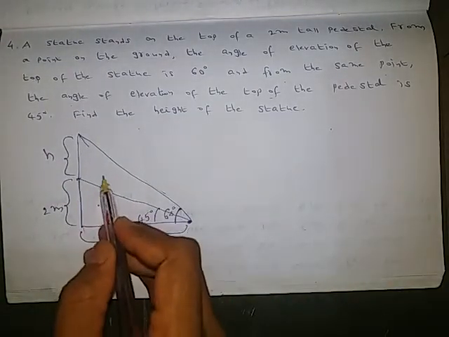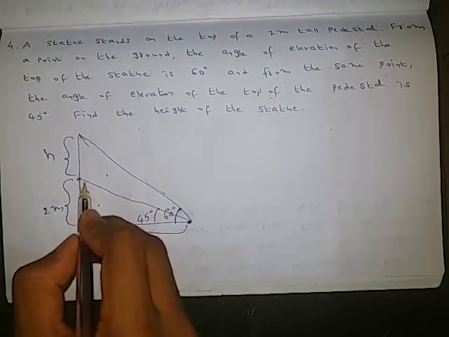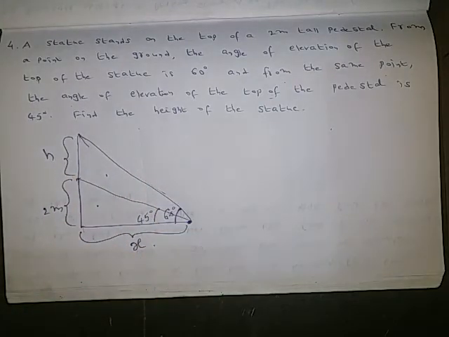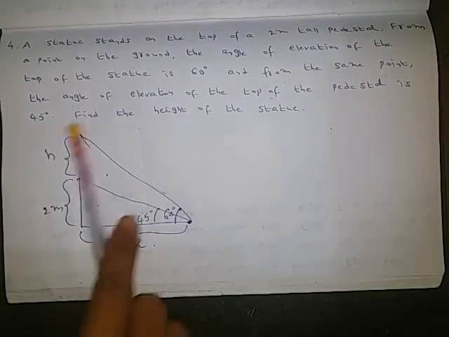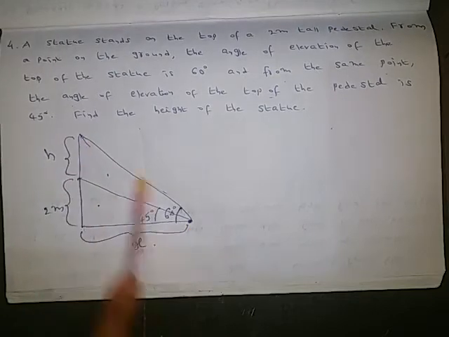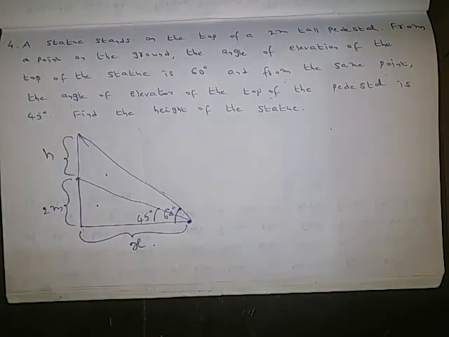Of course here we also have one more triangle, but this is more than 90 degrees, so we won't bother about that more than 90 degrees triangle at all. So out of the total triangles, one is the smaller one and one is the bigger one. First we always need to take the smaller one only. So I am taking the smaller one now.